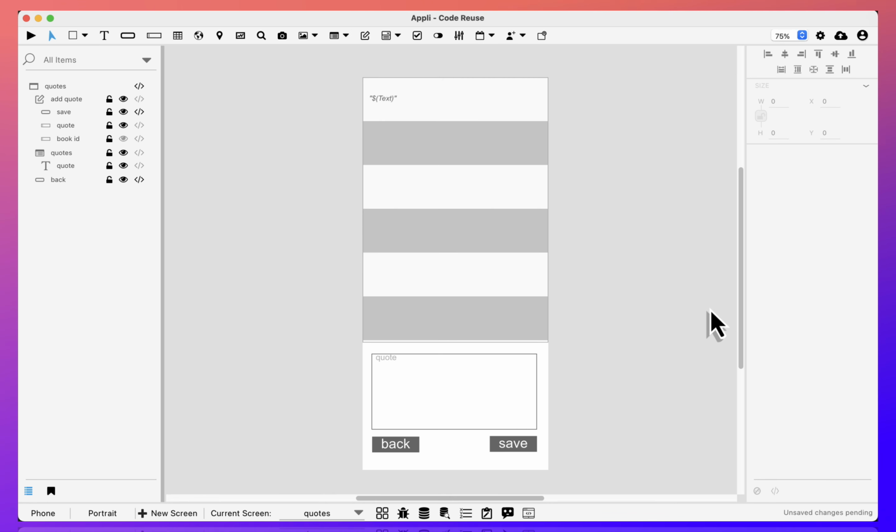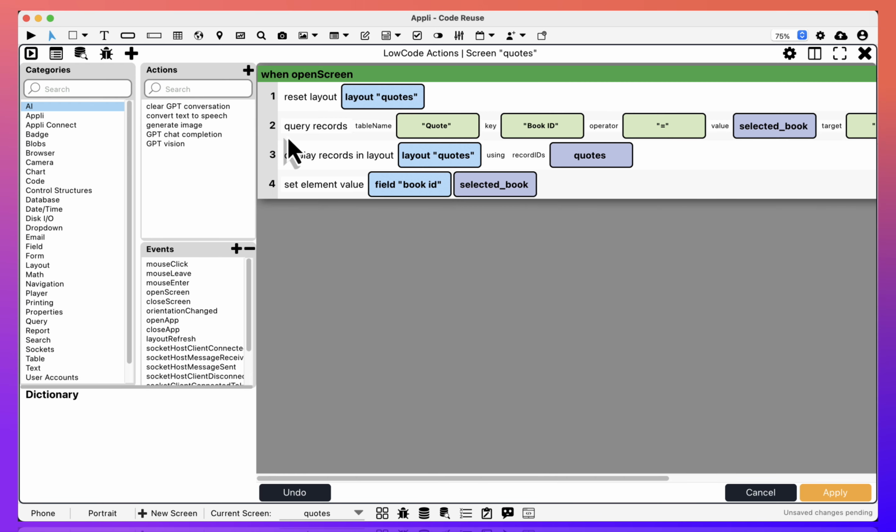What I want to talk about today is actually custom events. But before we get to custom events, we need to backtrack a bit so that we have the correct context for when to use custom events. So what I have right now on the quotes screen is a form to add new quotes to a book. The problem is that all the code is here on the open screen event,